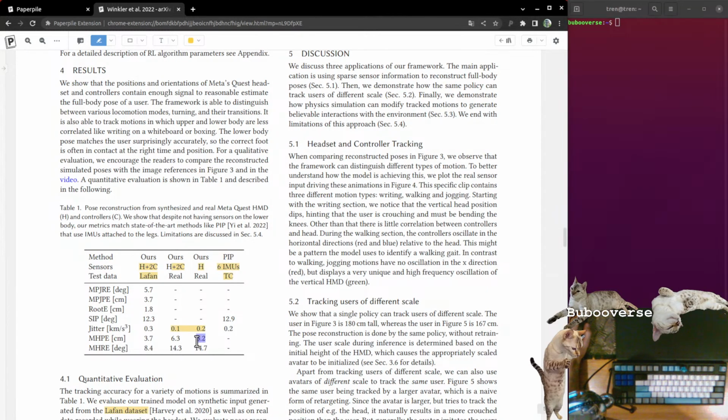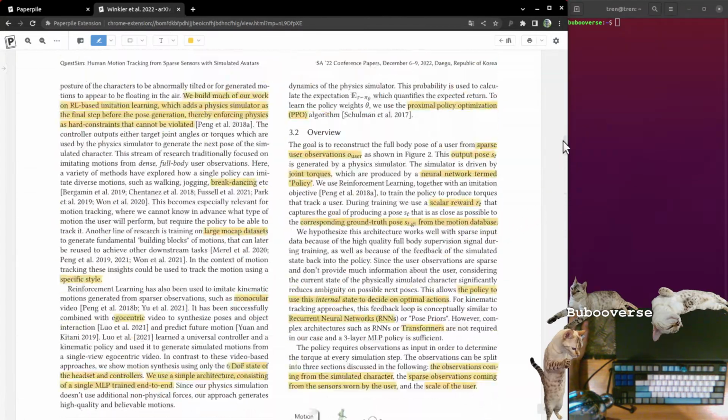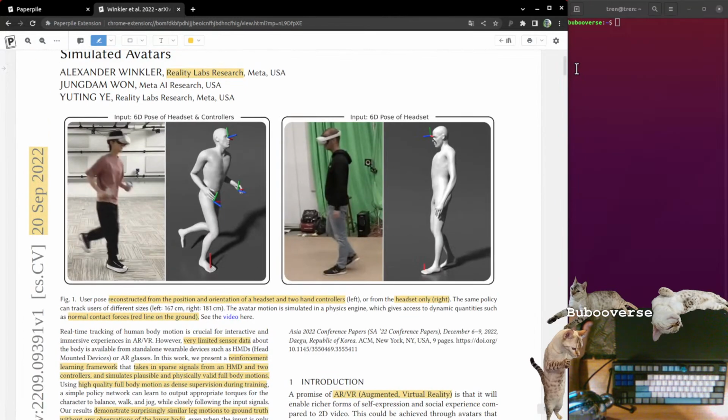Okay, so actually no real difference in position error with the controllers and rotation error. So this is actually quite interesting here. We see that the controllers are not actually doing that much. They're not giving you that much information. And I think part of that probably has to do with the fact that